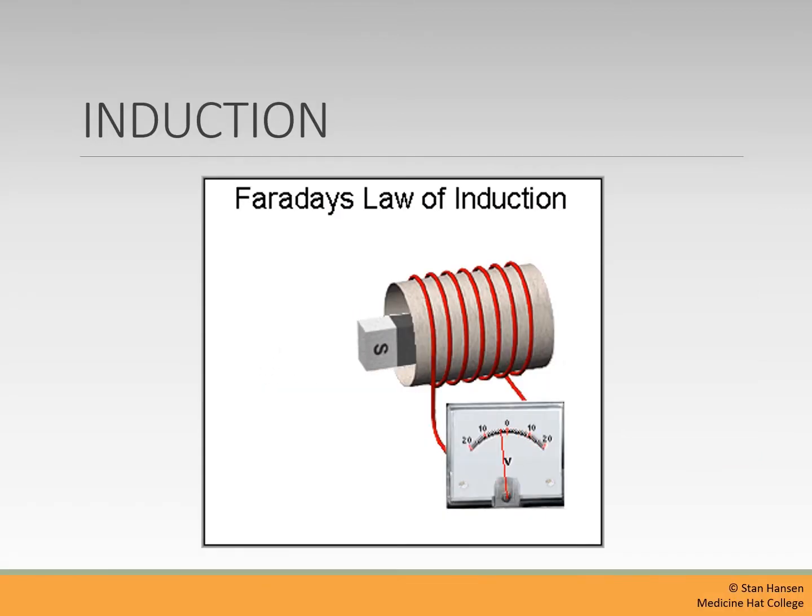Michael Faraday stated that anytime that we have a magnetic field and a conductor interacting with each other, we'll have an induced voltage within that conductor. So whether I take a magnetic field and cross it across a conductor, or if I take a conductor and pass it through a magnetic field, either way, that interaction of a moving magnetic field going across a conductor creates